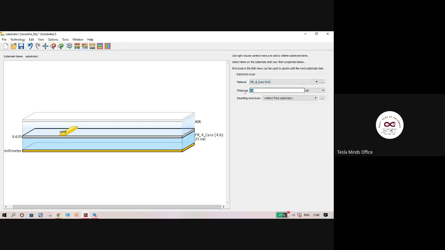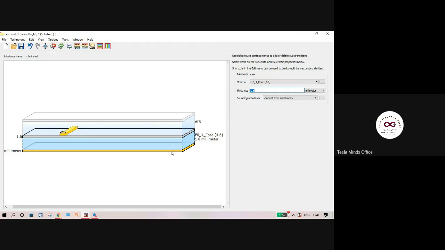The thickness of FR4 is 1.6 mm, which is the industry standard. FR4 boards only come in this dimension. If you want a thicker or a thinner material, you have to check with the foundry or the fabrication house and then start designing your antenna. Otherwise, you will design a very good antenna, but you will not be able to fabricate it. That's one very big challenge you will face. So always check with whichever foundry you have, and then do your antenna design.